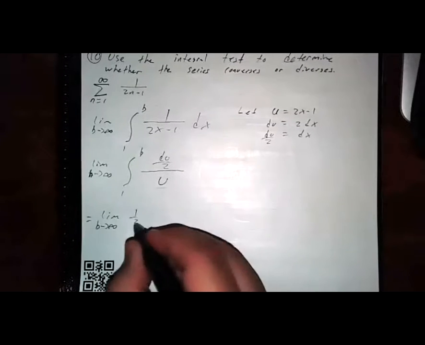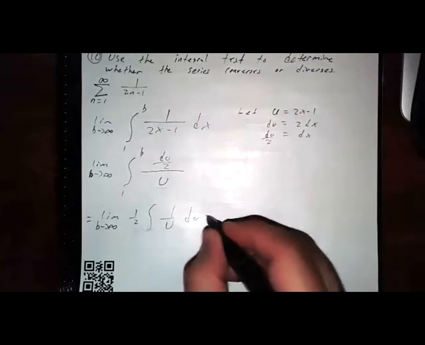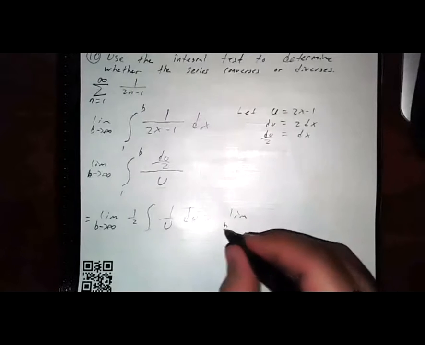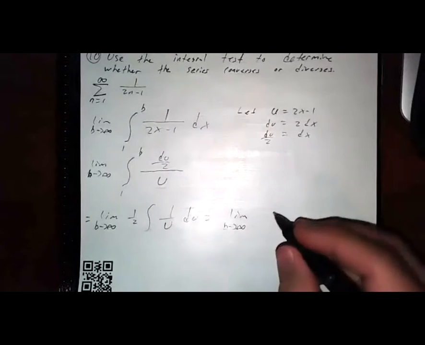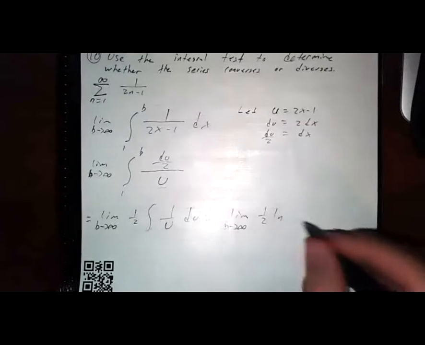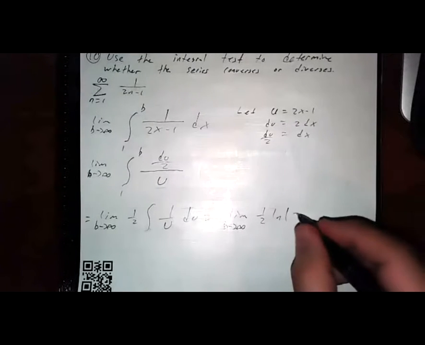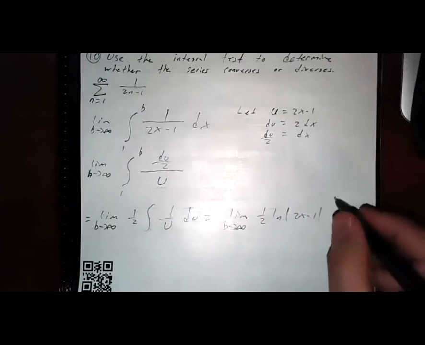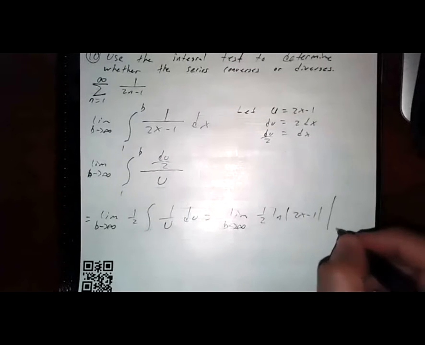Just pull out the 1/2. Integral of 1 over u du is equal to the limit as b approaches infinity of 1/2 ln, and then replace the u, right here, right? From 1 to b,